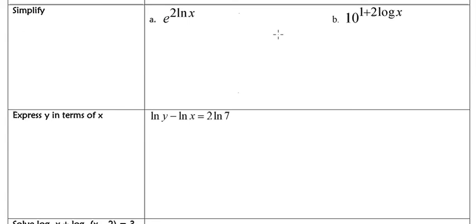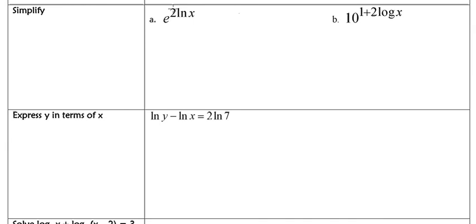All right, here we go. It says simplify, and both of these are pretty important, but really the second one, you've already seen the first one a few times. The second one is going to be something to really cue into and kind of own down the road. So we've got the first one, e to the 2 times the natural log of x power,